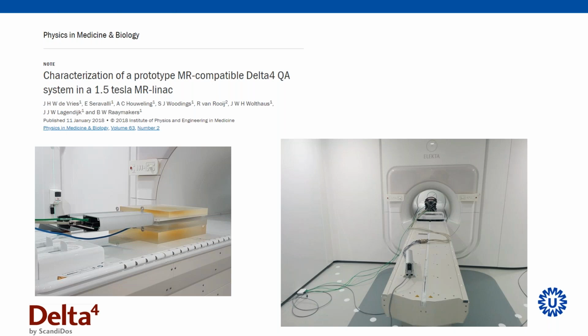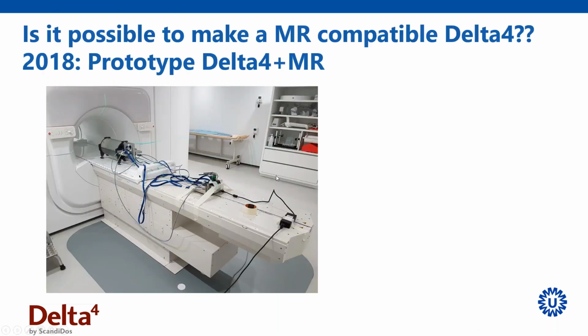So then I did a characterization of the prototype for the MR compatible Delta4, and I published it in PMB as well. At that time, 2018, so only 2 years ago, Scandidos came up with the Delta4 Plus, and to have one unique portfolio, we said, if we have proven that we can do it with the PT, maybe we can do it with the Delta4 Plus as well. So we started off with a prototype of the Delta4 Plus, and as you can see, there